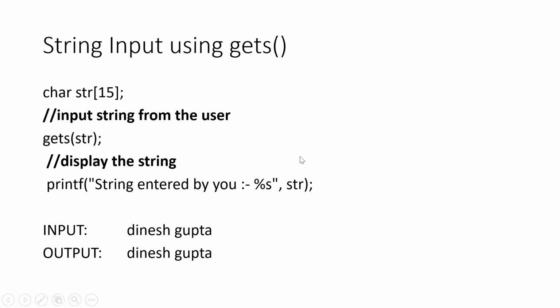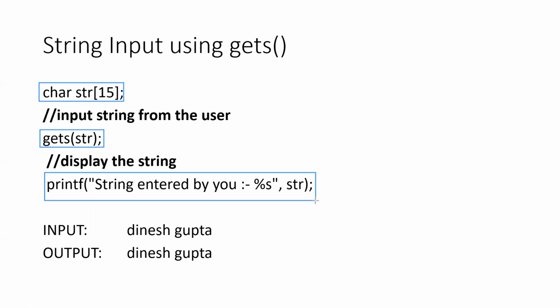So this is a big drawback of using the scanf function for string input. To overcome this problem, we can use the gets function. The gets function is used to accept the input of a string. Now let's have a look at the example program right here. Most of the program is the same as we saw in the last slide. The first line is used to create a character string. Now here is the difference. This statement is used to accept the value of a string using the gets function, and then the value of the string is displayed using the printf function.